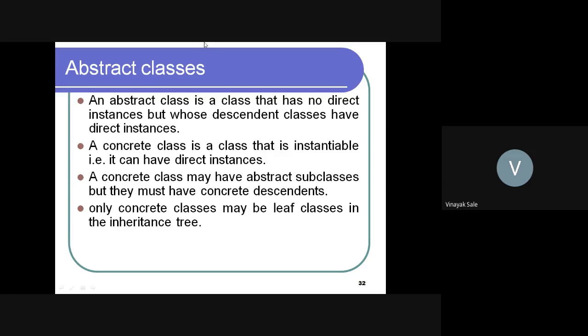That is, the descendants, meaning the subclasses, have direct instances, but its own superclass does not have direct